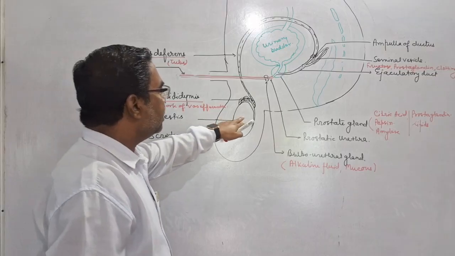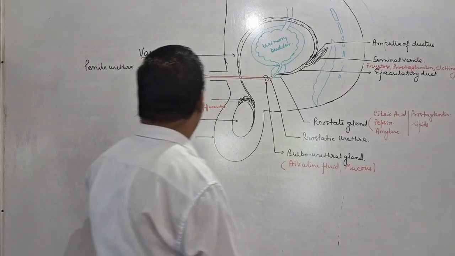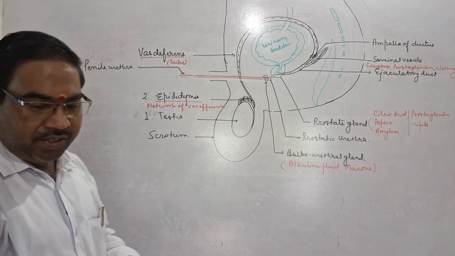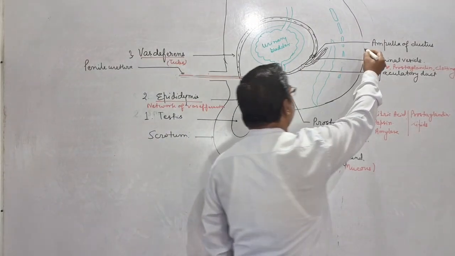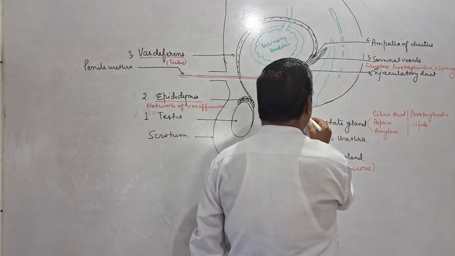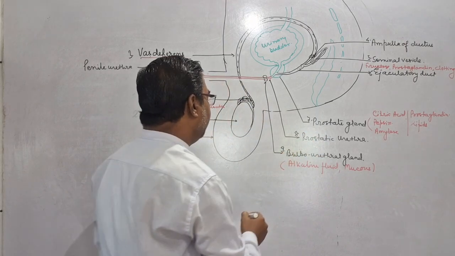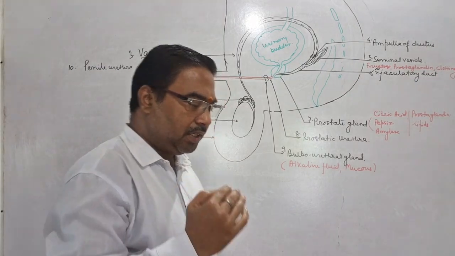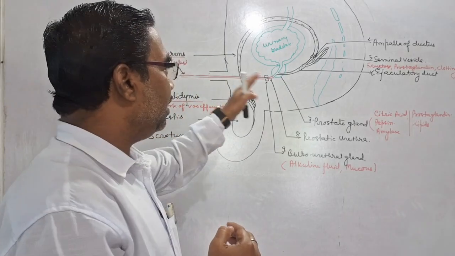So the complete path is testis, then epididymis, vas deferens, ampulla ductus, seminal vesicle. We can give the numbers: testis, epididymis, then third is vas deferens, then fourth is ampulla ductus, fifth seminal vesicle, sixth is ejaculatory duct, seventh is prostate gland, eighth is prostatic urethra, ninth bulbourethral gland, and tenth is penile urethra. So if you learn all the names of these parts in a sequence, then definitely you can understand